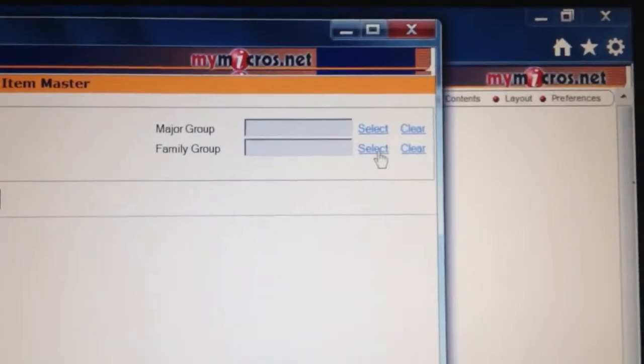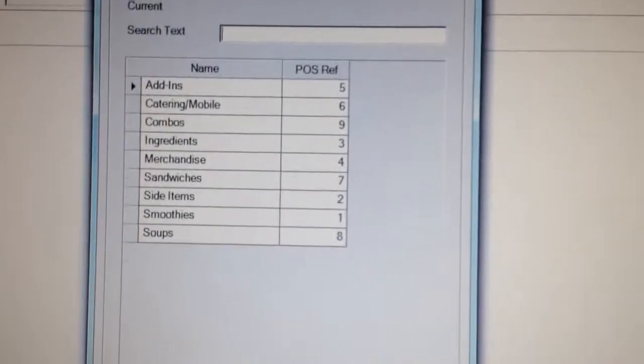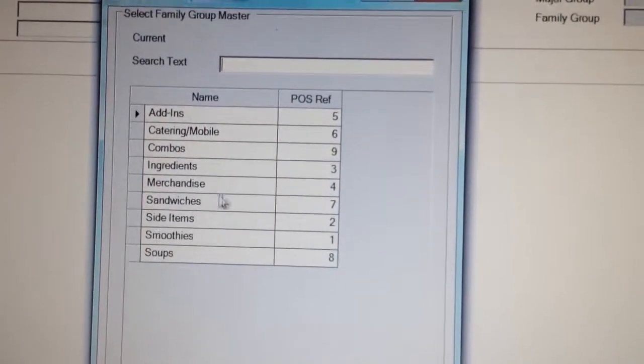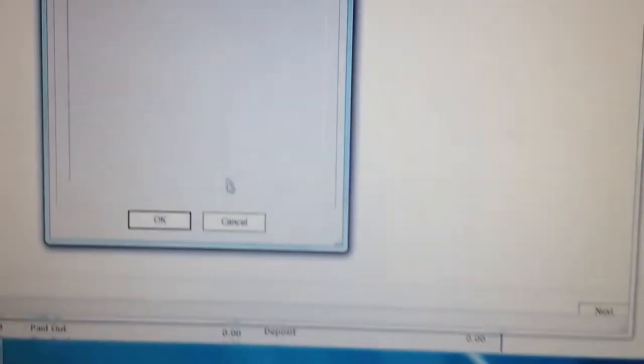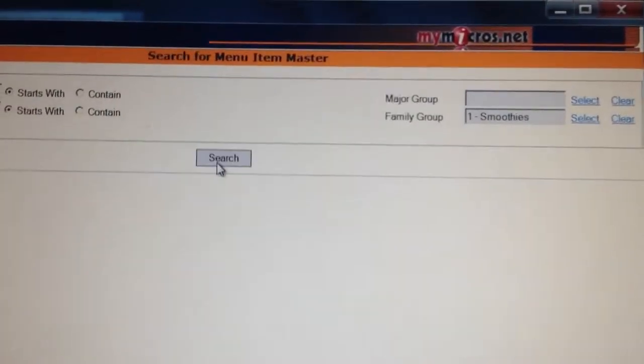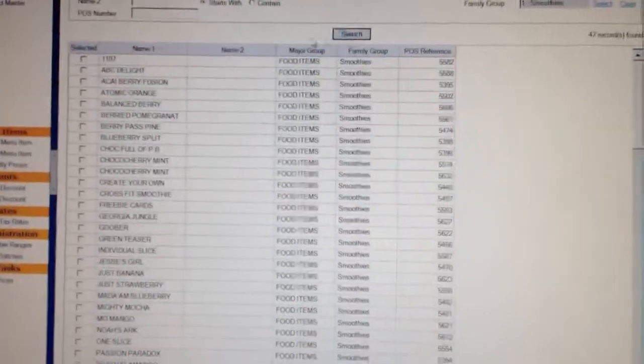So for this, I'm going to select family groups here, and you'll see it's going to bring up the list of all of our family groups: catering, combos, ingredients, etc. I'm going to click on smoothies, and I'm going to go down and hit OK. Now I'm going to go up to where the button that says search is. I'm going to click on the search button, and you'll see that brings up a list of all the smoothies